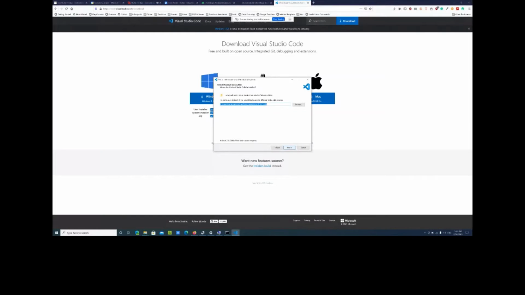So I hope my screen can be seen. I'll just click next, and then what's good about VS Code is that it can set up the environment path for you, and there are also other options that you can include to make your work easier. Like, for example, create a desktop icon for easy access. So next, we'll just